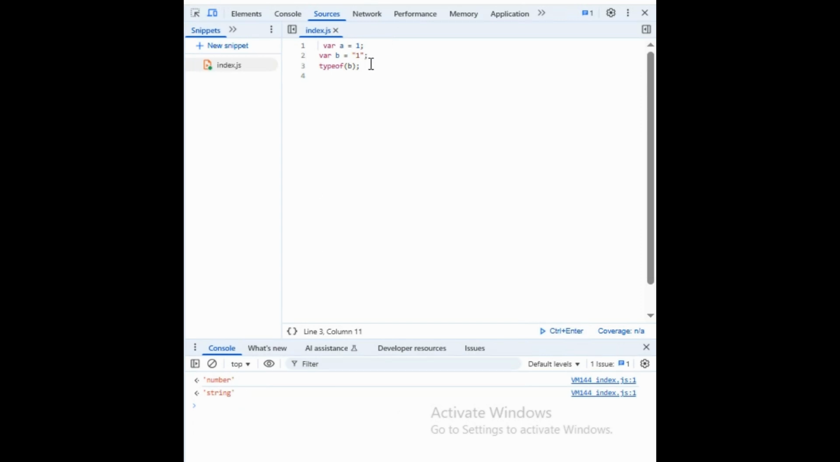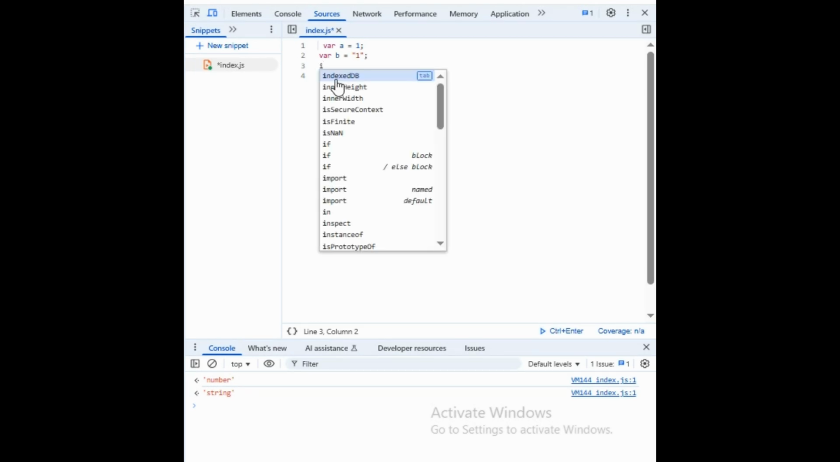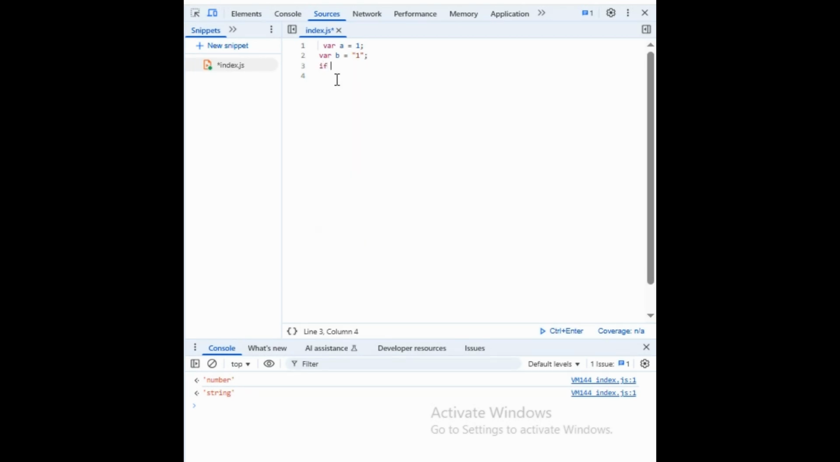So let me introduce you to the if else statement. We use comparators in if-else statements. Let me show you an example. Let's check for the if. This is how we write it. If with a bracket, then we can write if a. Let's use the triple equal first. If a is triple equal to b,